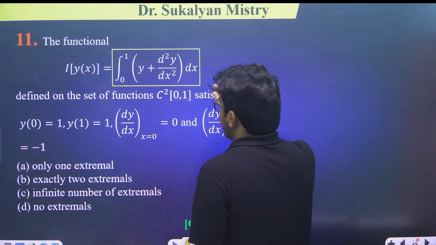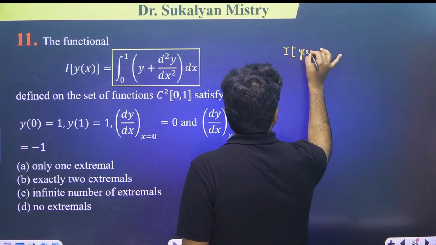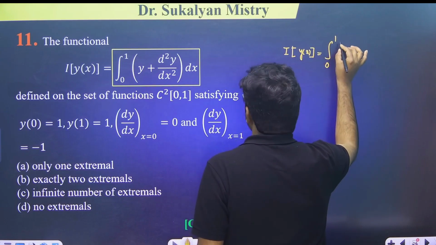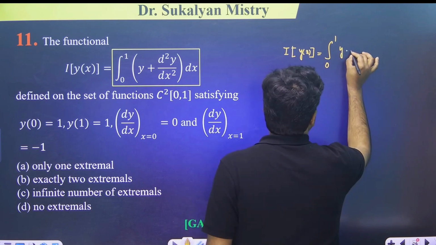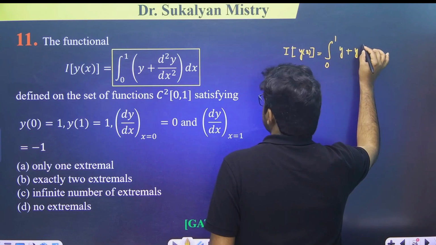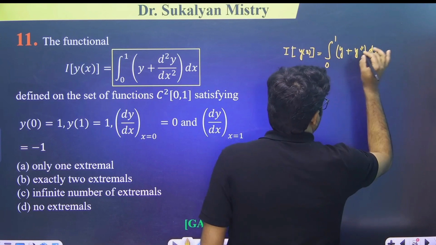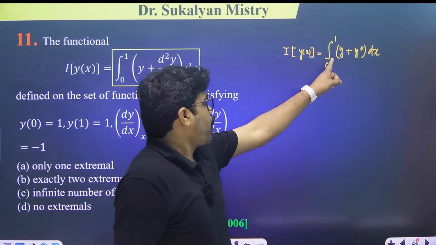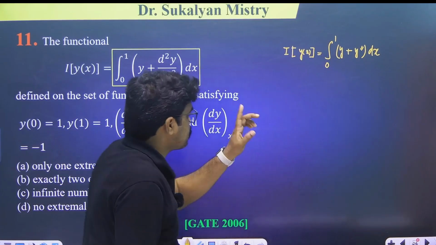Okay, here the functional is given by integration 0 to 1 of y plus d2 by dx2, which means y double dash. Just see,